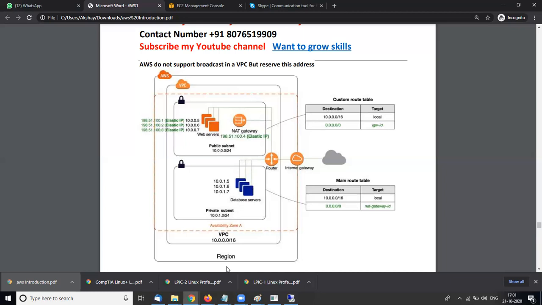The NAT gateway is used for my private database to reach out, and it is used for public access. So no one can access my private subnet directly, but can access it through the NAT gateway. The public subnet connects with the NAT gateway, and the NAT gateway connects with the private subnet. In a VPC, each machine can connect with each other through the NAT gateway.